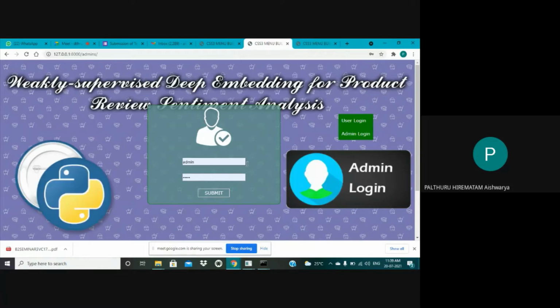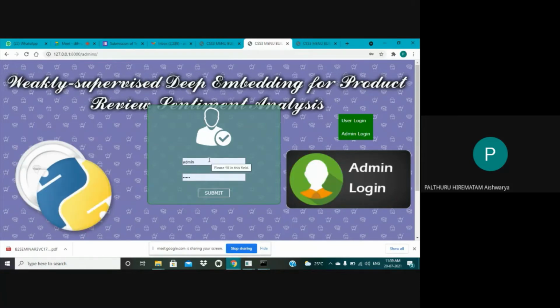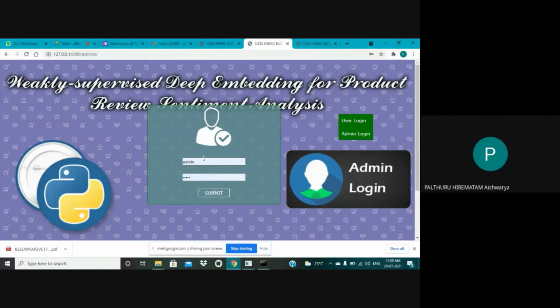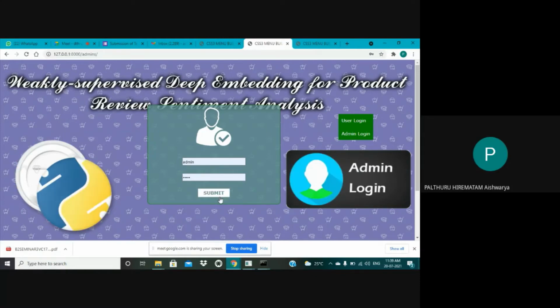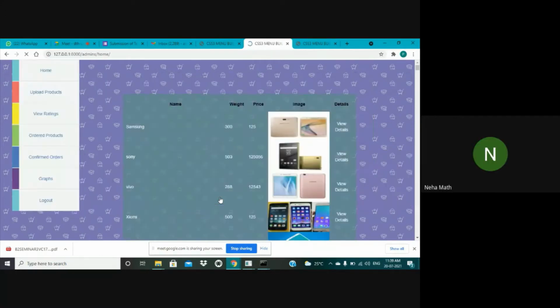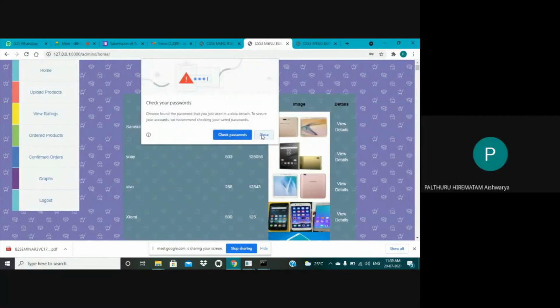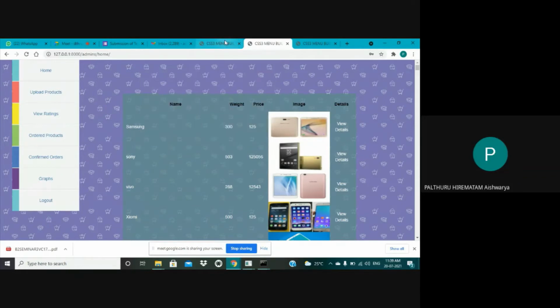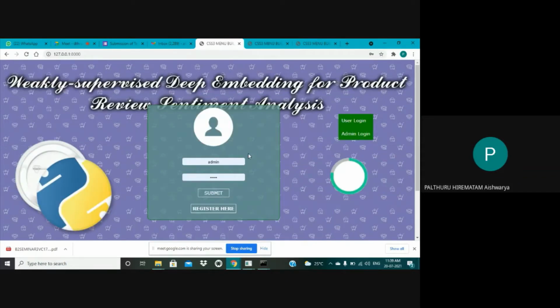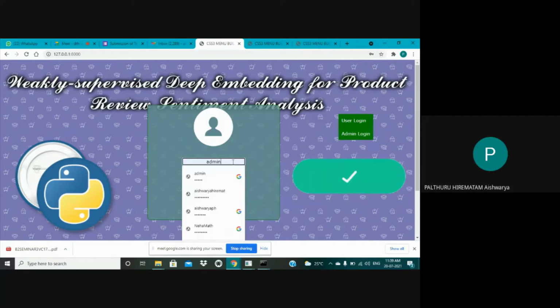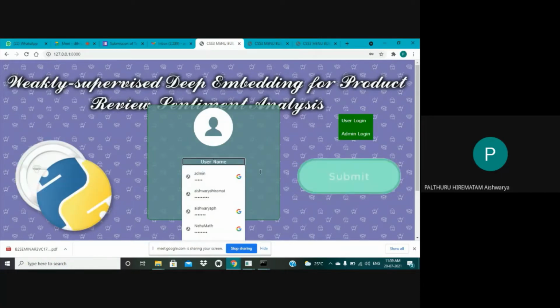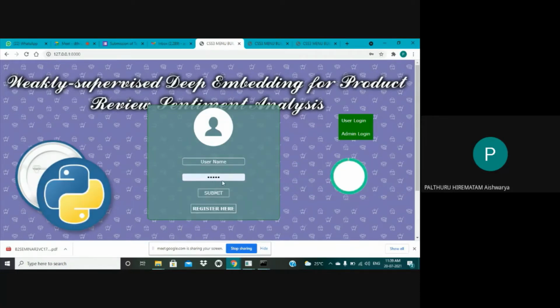This is the admin page. Admin has the credentials of, as I said, username and password. It is a single user interface for an admin. And next we have the user login credentials. User also has a username and password to log in.